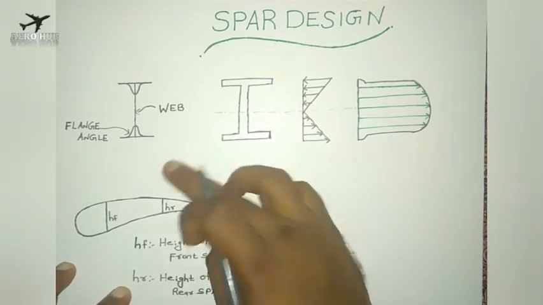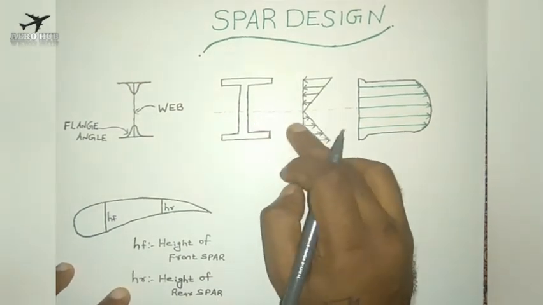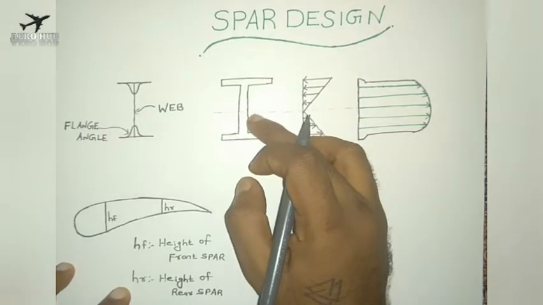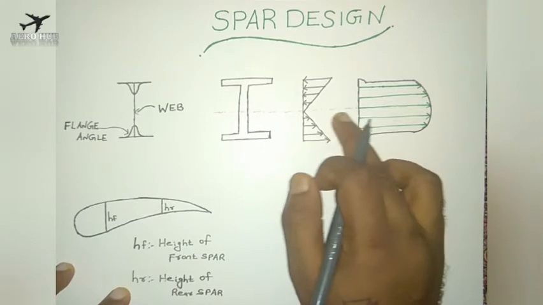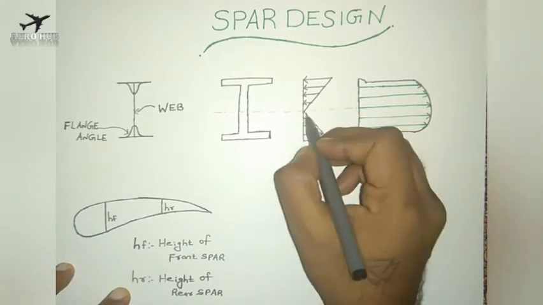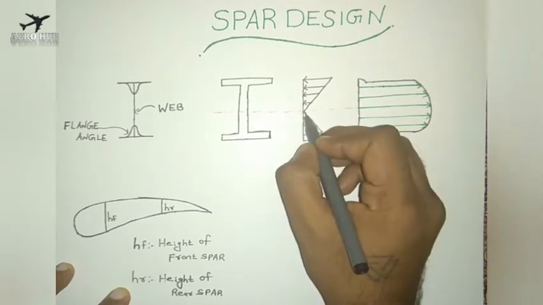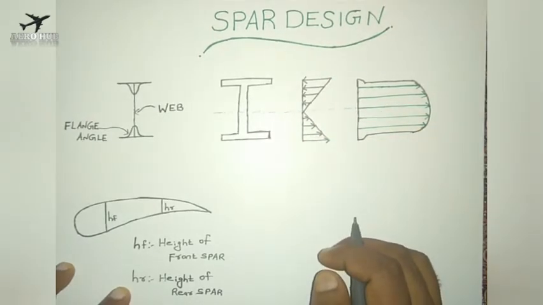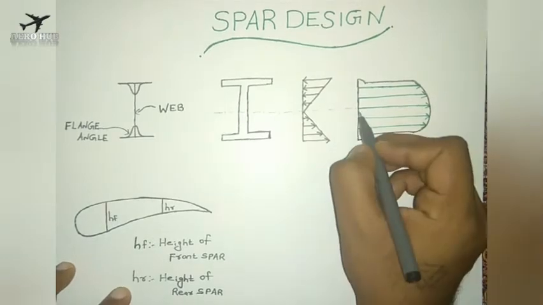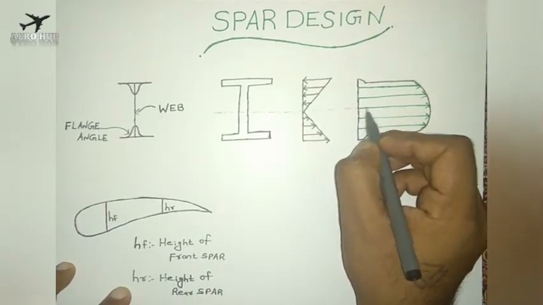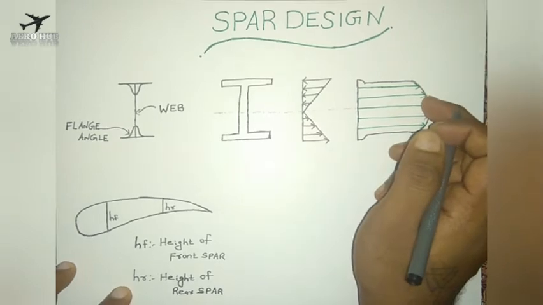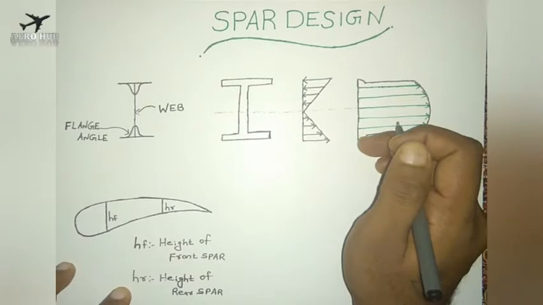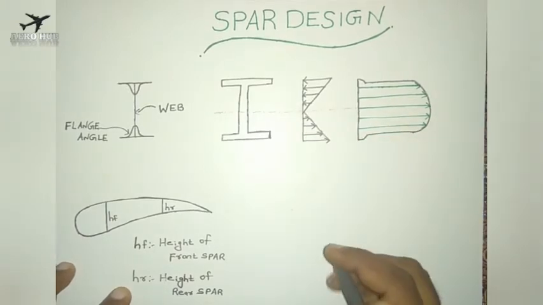You can see here the distribution of bending stress as well as shear stress of a standard I section. This is the neutral axis, and at the neutral axis the value of bending stress is 0. From the neutral axis to the top fiber and bottom fiber the bending stress increases. In the case of shear stress, the neutral axis has the maximum shear stress, and it decreases from the neutral axis to the top and bottom fibers. This is the reverse of bending stress.